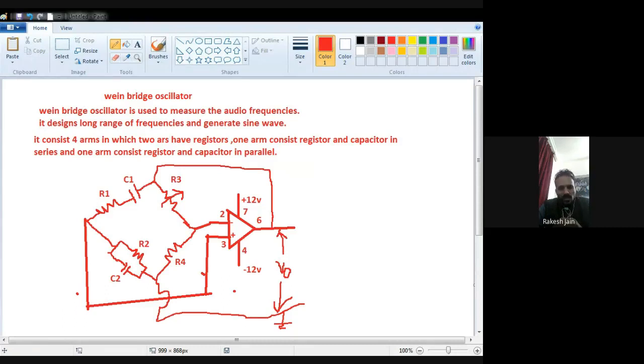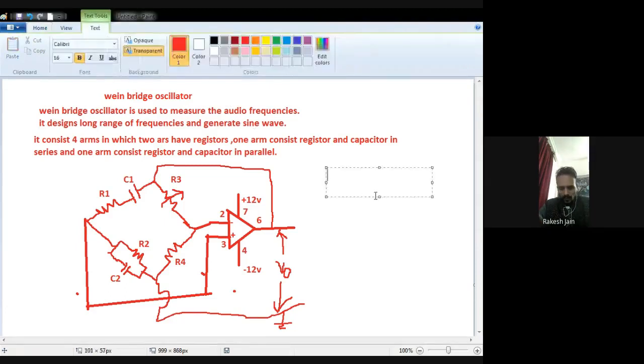This variable resistor R3 and R4 are connected, and after the connection, they are connected with the inverting pin of the operational amplifier, that is the second number pin. The series combination R1 C1 and the parallel combination R2 C2, after the connection, will be connected with the non-inverting pin of the operational amplifier, that is the third number pin. And for the feedback, we connect the series resistance and capacitor R1 C1 arm with the R3 arm and connect it with the output. The output will be taken in between ground and the 6th number pin. So now see the design.